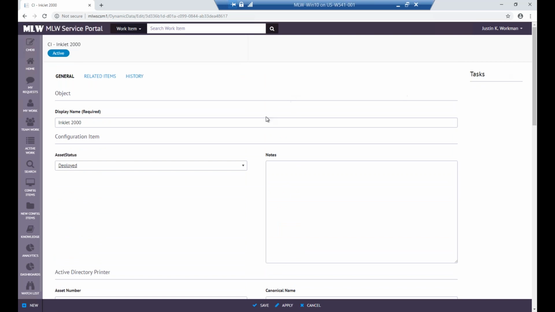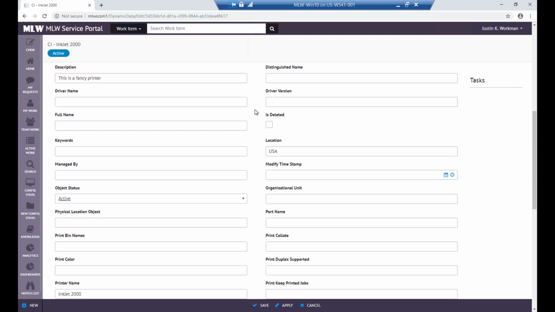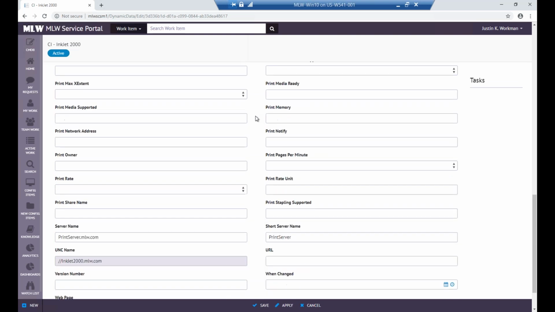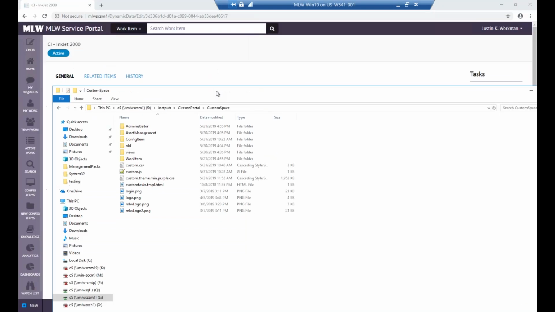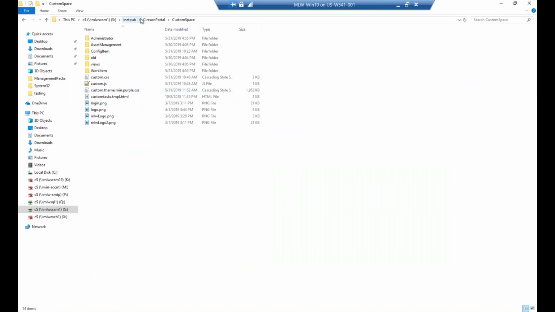In fact, you can have tasks. And I just want to show a quick example. This is the default form for the printer class. And I've actually customized a form, and I just want to show real quick that you can in fact customize class forms from the portal. And it's similar if you've customized work item forms in the past. It's the same